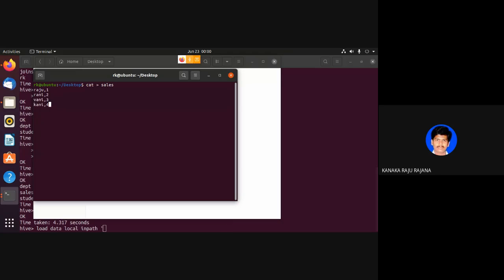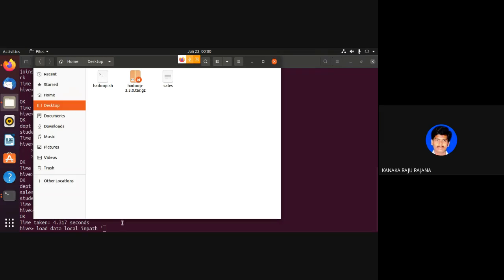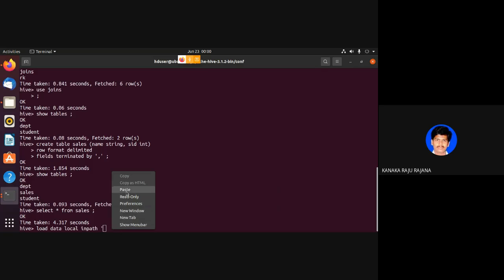Now what I'm going to do is make use of this file sales in my folder. What is the path? Home RK desktop. So please copy this. There are n number of ways. I'll show you all those ways in today's class. Whichever you feel comfortable with, you can use that. Let us say sales